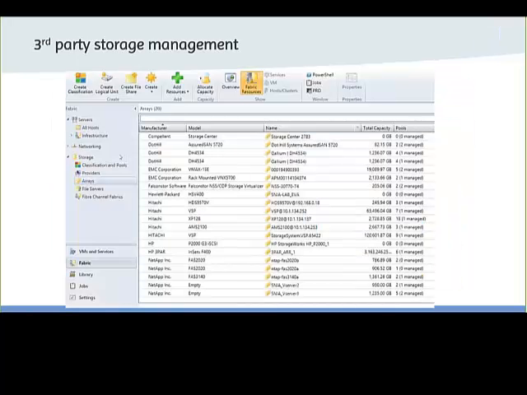As you can see, here is a screenshot of how we can integrate with different storage vendors. That's not a complete list, but it shows you a little bit who is integrating here. You have vendors like Hitachi, NetApp, HP, EMC, which can be integrated. Let me show you quickly how that looks.